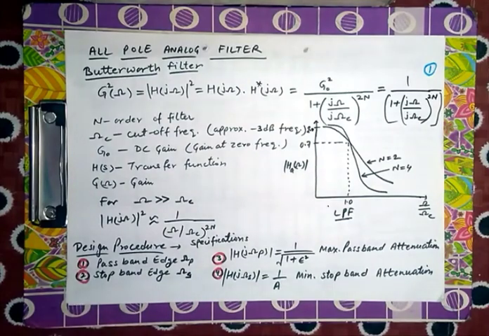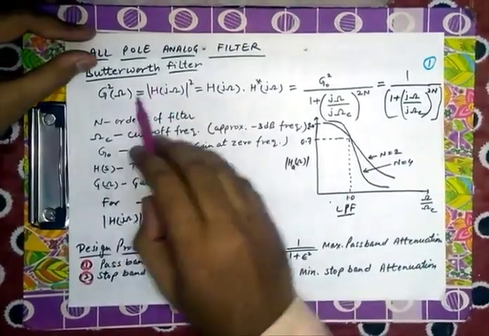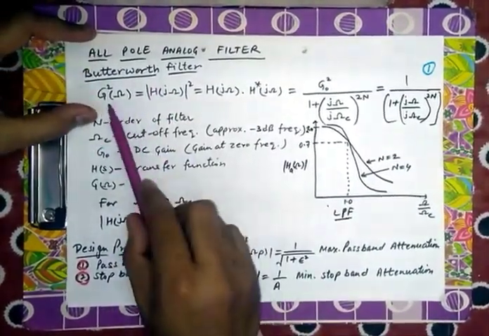Welcome to Engineering Knowledge. In this video, we will discuss the Butterworth filter, that is, an all-pole analog filter, and we will further design the Butterworth filter using bilinear transformation into digital filters. Butterworth filters are generally analog, all-pole filters, and the formula for the Butterworth filter is given by the expression